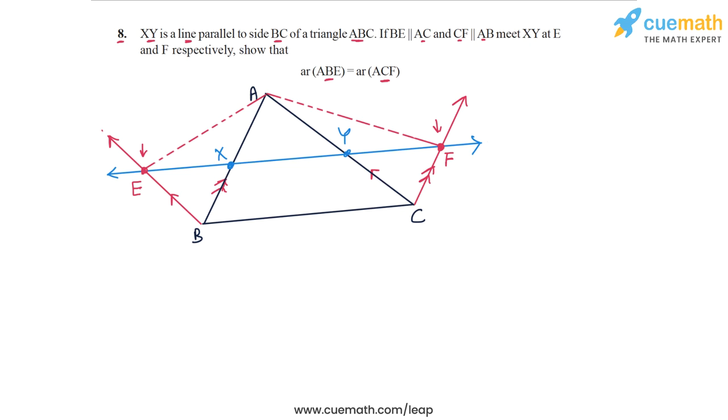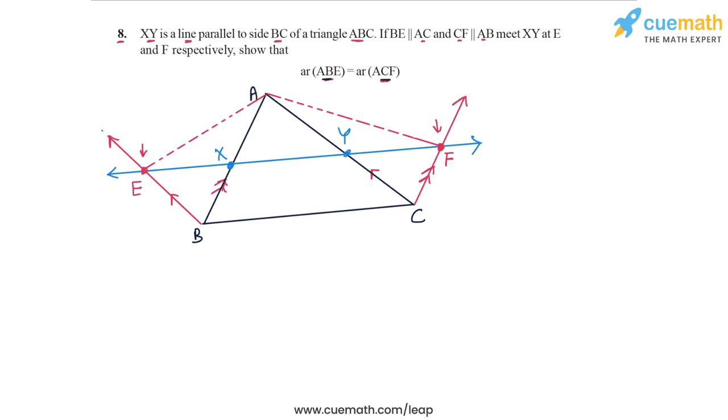So let's highlight these two triangles. Area of triangle ABE, so ABE would be this triangle. This triangle has the same area as ACF, this triangle here. So this is what we have to show. It's a really interesting problem, so follow through the solution carefully because it may be a little bit tricky for some students. So we are going to prove the equality of these areas of ABE and ACF in 3